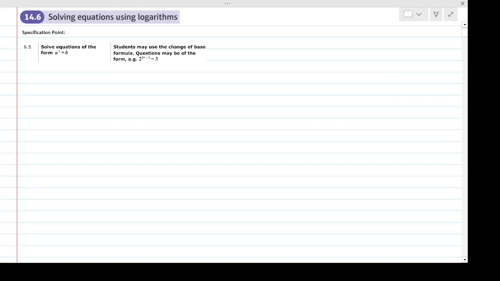Hello, so in this video we're going to look at solving equations using logs. And last time we did look at this already. We looked at solving equations involving logs, but we're going to look at other types of equations today. Okay, and so I guess to set us up then, think back, you would be familiar with, even from